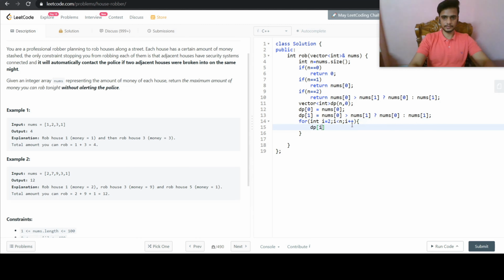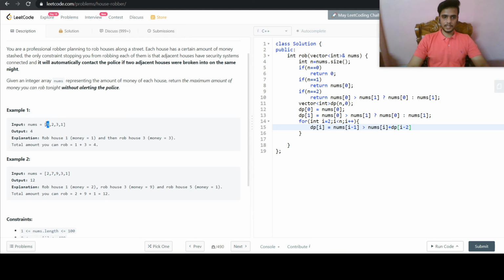So dp of i will be equal to whichever is greater: either nums of i minus 1, or these two alternate houses, so nums of i plus dp of i minus 2.